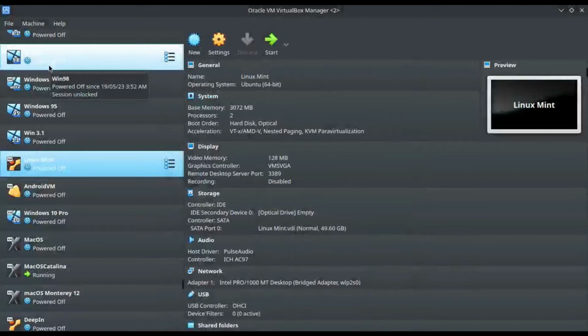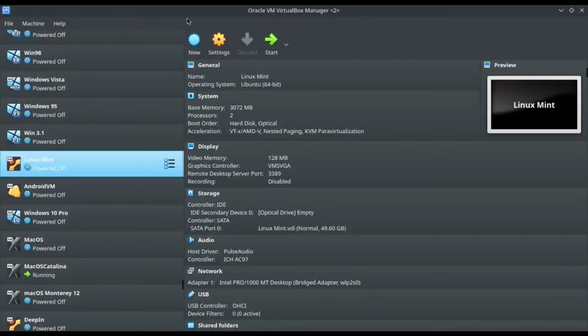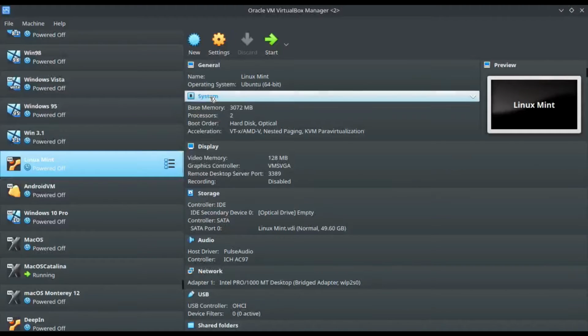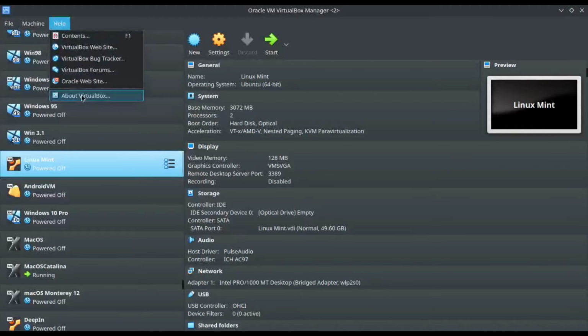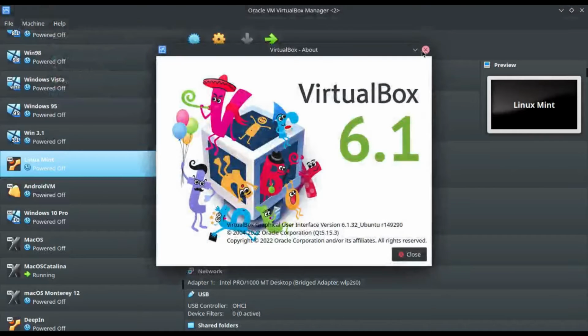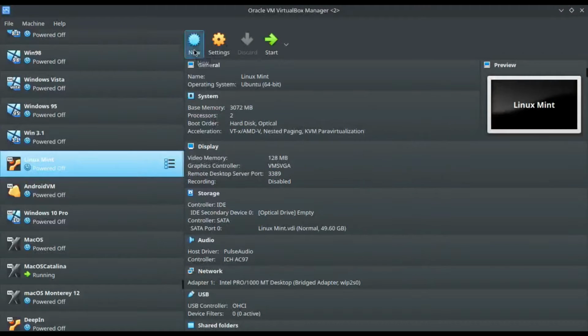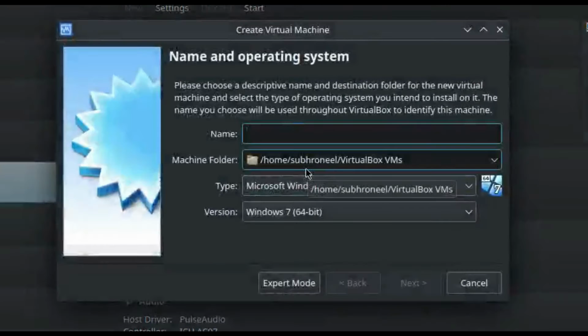In today's video I'll show you how to install macOS Catalina 10.5 into VirtualBox 6.1 on Ubuntu Linux 22.04. Okay, so first let us start and first create the virtual machine. So this is the virtual machine, and this is VirtualBox 6.1. Let's click on new and